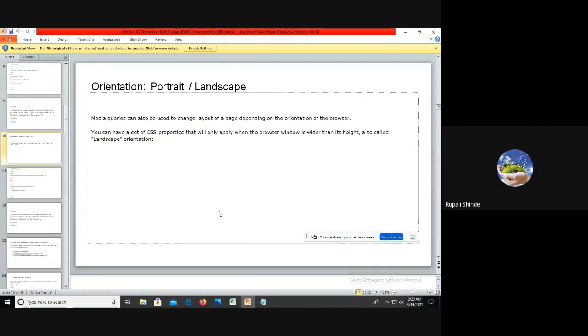For the next property, we are going to see orientation. It may be portrait or landscape. Okay, it is the same as width. In the third and fourth slides, we have seen how to define the screen size and orientation. Mostly the important parameters we consider regarding the screen are the size of the screen and the orientation of the screen. So we have seen the size.